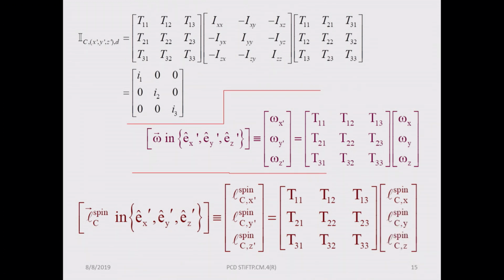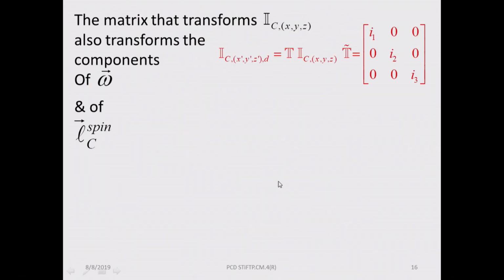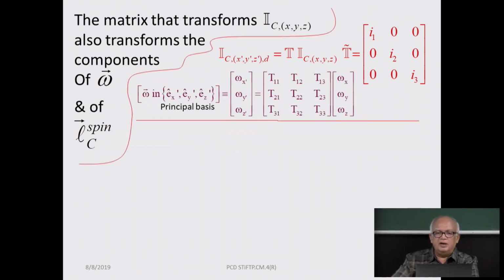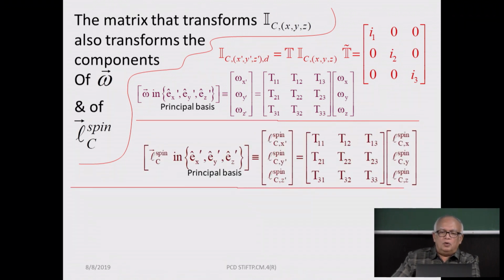you can write the angular momentum now in the rotated basis. So its components will be given by this, right? And this is, however, now a diagonal matrix, right? After you carry out the diagonalization. So you have the components of the angular velocity in the eigenbasis, in the rotated basis. You have the components of the angular momentum in the rotated basis, which is the principal basis or the eigenbasis that you